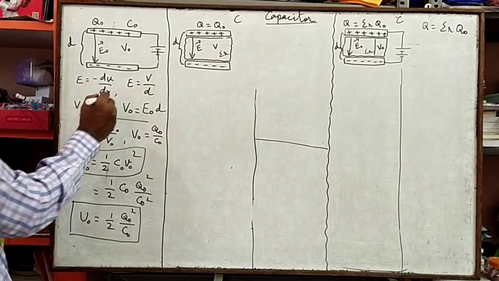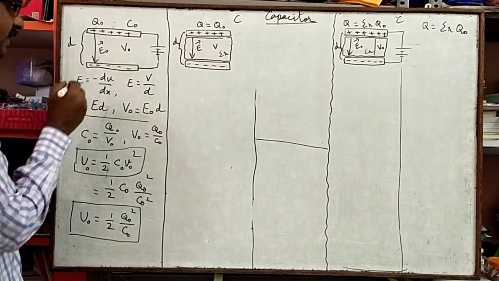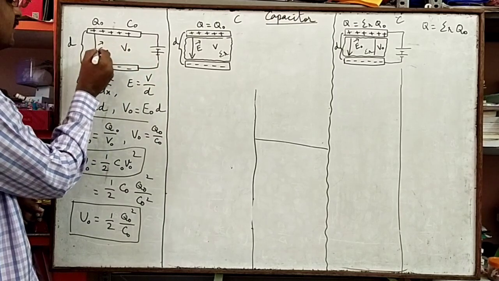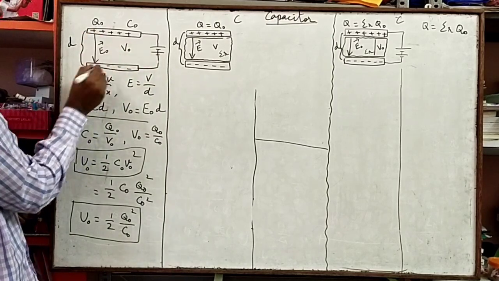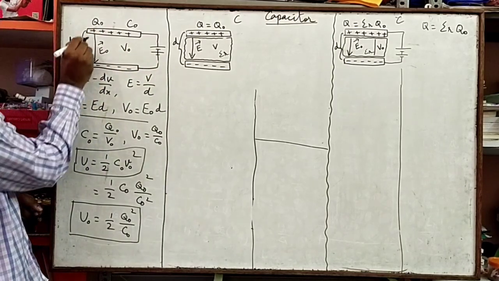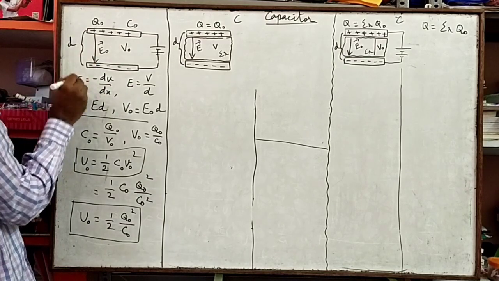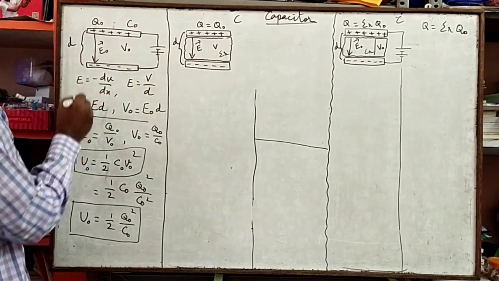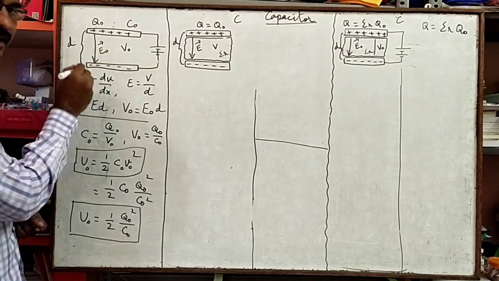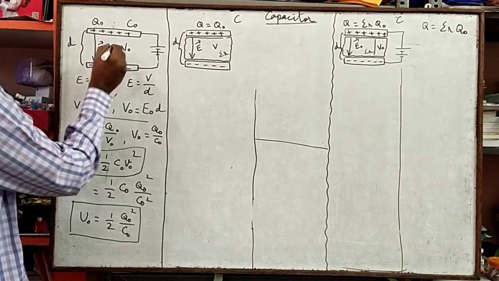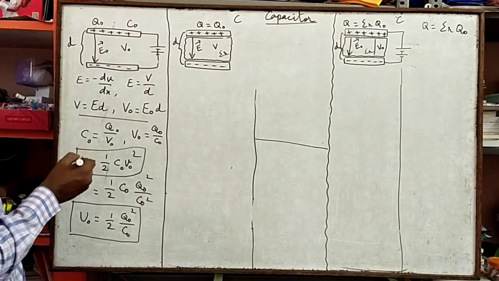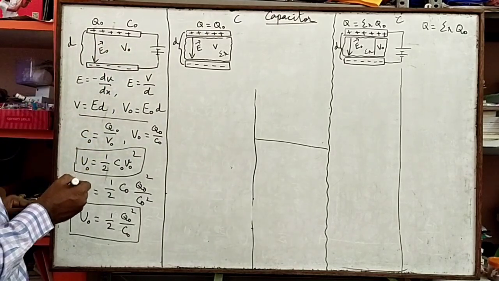In this case, the two plates of a parallel plate capacitor are connected to a battery. E0 is the electric field between the plates. The arrow mark indicates that the electric field is acting from positive to negative. V0 is the potential between the plates. The arrow mark is there because electric field is a vector quantity. No arrow mark is mentioned on potential because potential is not a vector quantity. D is the distance between the plates.